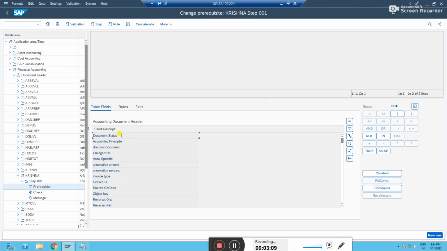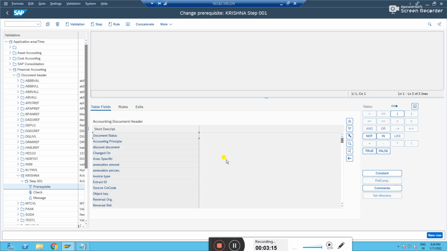Wherever in a specific area they want to add it, they'll add it. Let us give the prerequisite, say in company code AP07. Whenever I'm posting an SA document type, I want the reference field to be mandatory. It should only work for company code AP07, not for others.